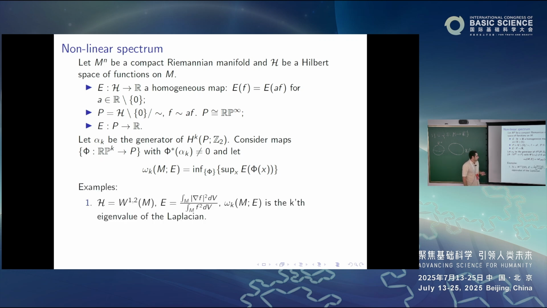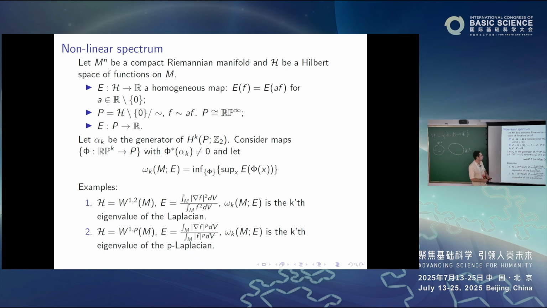Okay. So let's consider some examples. So a classical example is that, in a somewhat strange and maybe not intuitive way, what you just described is eigenvalues of the Laplacian. Right? If your energy is the Rayleigh quotient, then this is the famous min-max characterization of the eigenvalues of the Laplacian. And well, in this case, these RPk maps are just linear maps. And so it may seem like we're working too hard to do something simple. But this setup applies to many things.